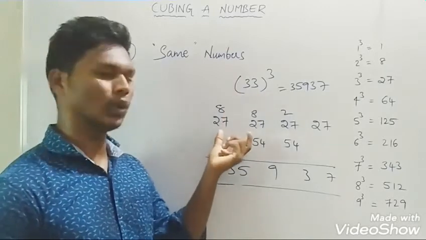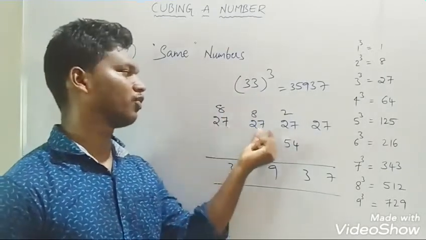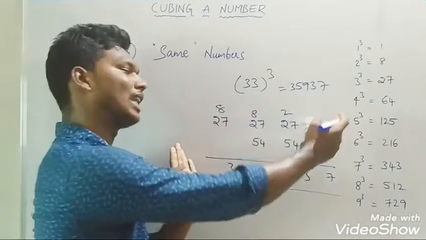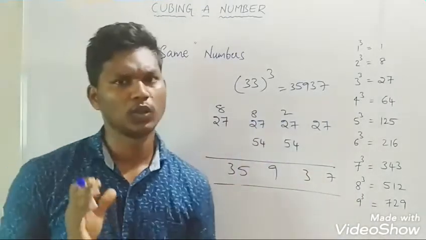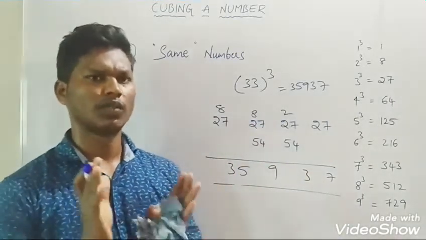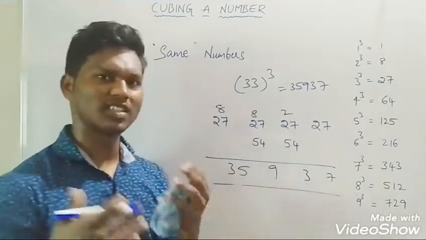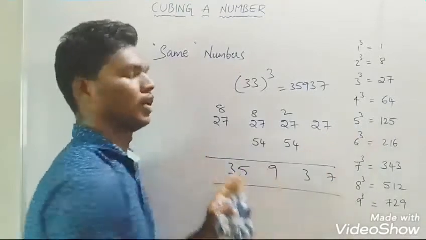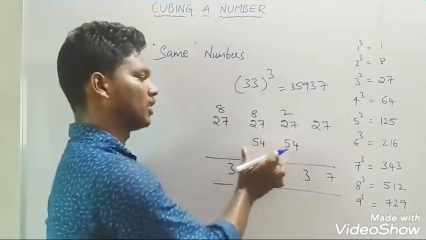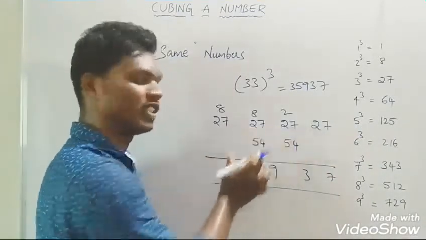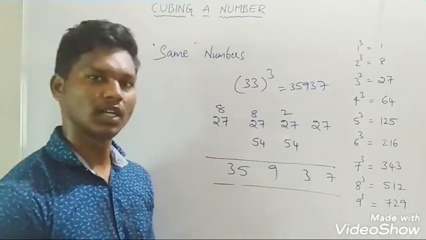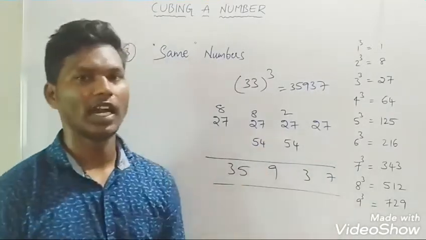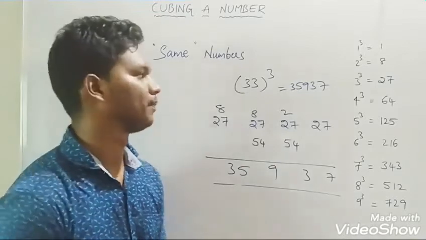So just cube the number, 3 cube, 27, 27, 27. Leave the first one and the last one, double the number. So the procedure is the same friends. Once you have written the first step, in the second step automatically you must leave the first number and the last number. You must double the middle numbers. That means whatever values are in the middle, you must double the number, and finally go through the addition and you will get the final answer.